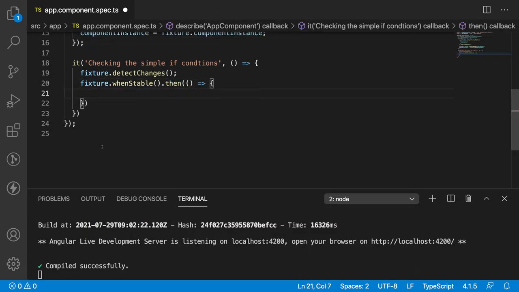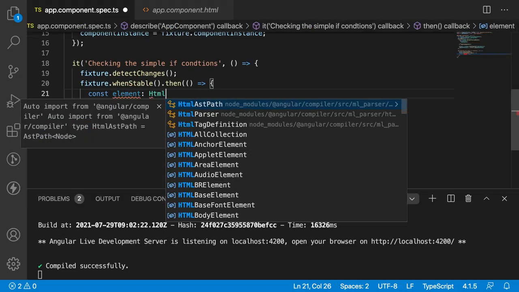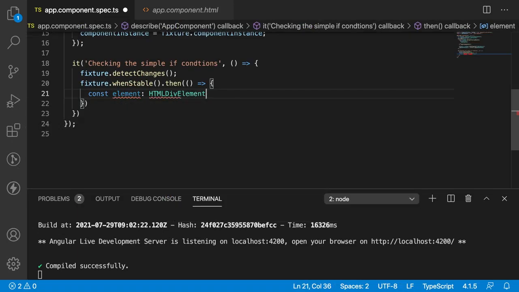Inside the callback, let me get the element, const element. What is the element type? If you go to your app.component.html, it's a div element. So let me use HTMLDivElement, and we can get this element by using fixture.debugElement.nativeElement.querySelector of the ID.